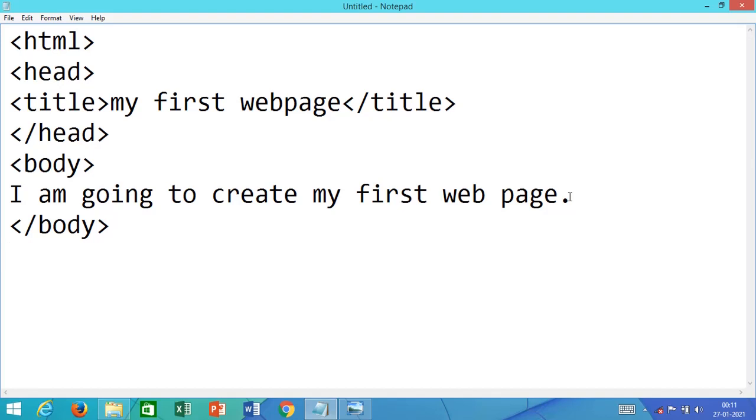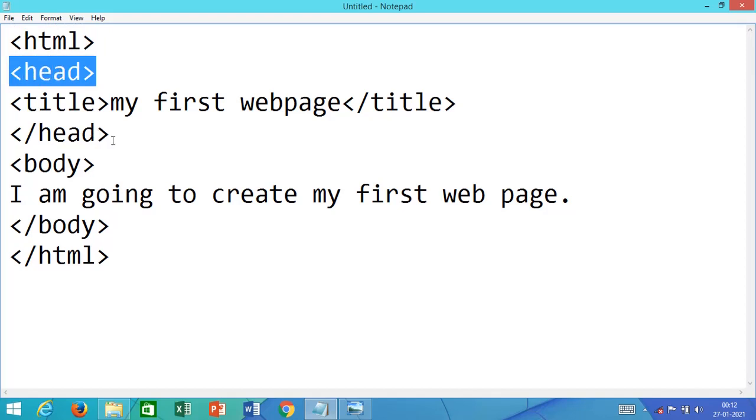Now, suppose I want to come to an end. Now my program is finished. Whatever I was supposed to write, I have written. So at last, what I need to do? I need to close the HTML program. So here what I used? First, I started the program with the HTML tag.